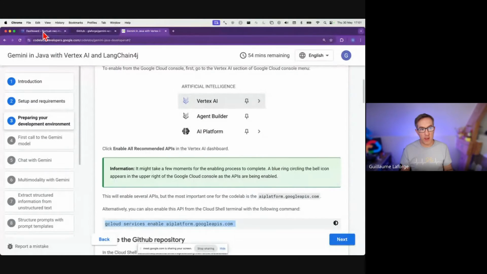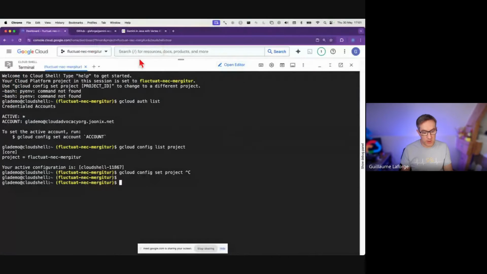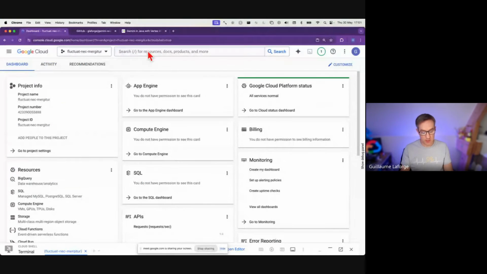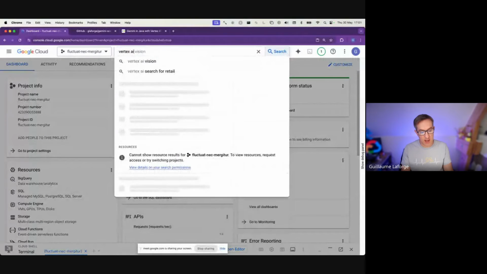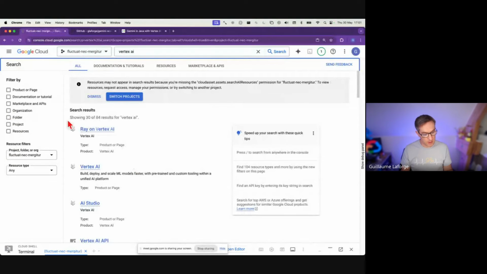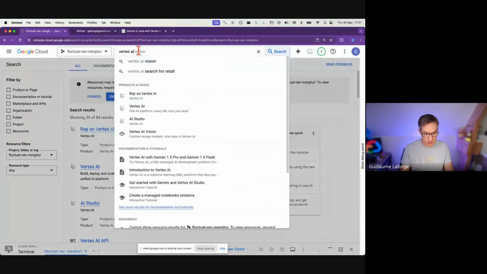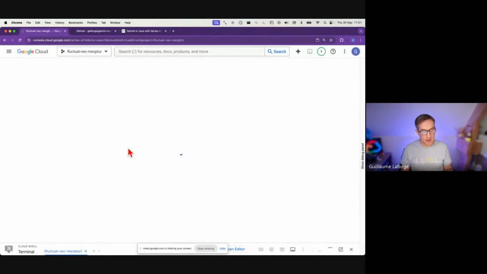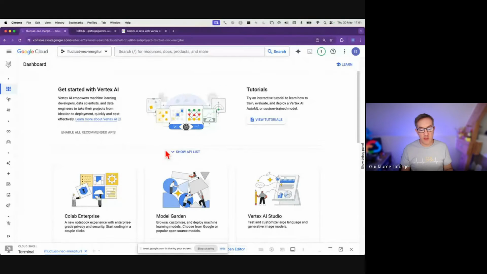The other way is to search, for example, for Vertex AI. This one, Vertex AI here. And normally, if it's not enabled, you should see something like Enable API. So click Enable API there, or